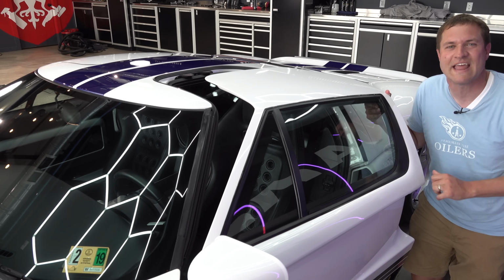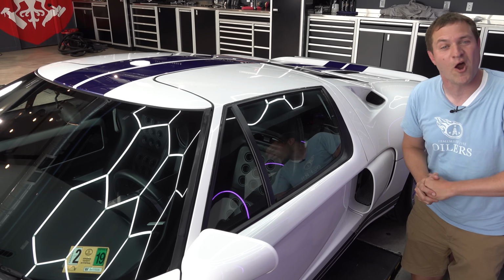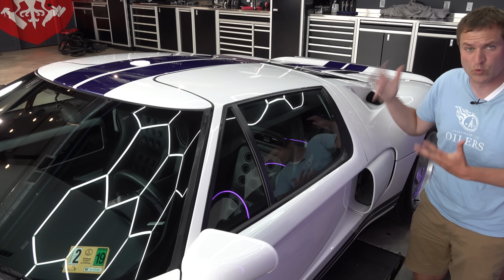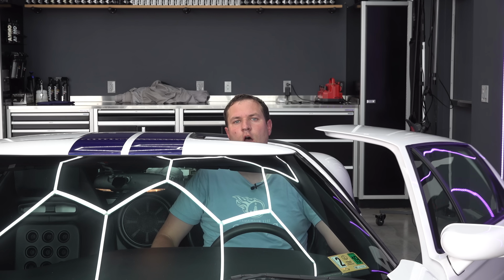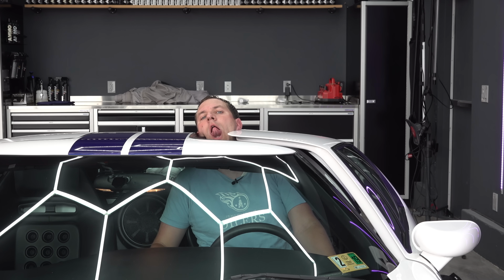I can't park next to anything in my Ford GT, but that's part of the charm of this car. One other issue you'll notice with the doors, because of their roof situation, it could hit you in the head. You can see if you sit down but don't get all the way in and then go to close the door, it can hit your side of your head, your forehead,